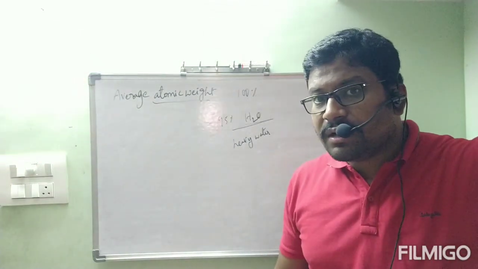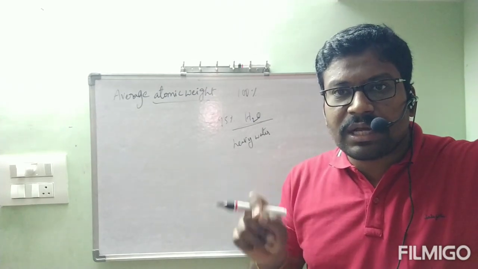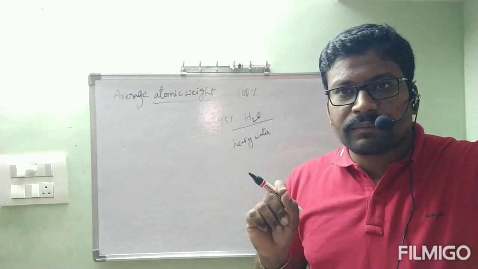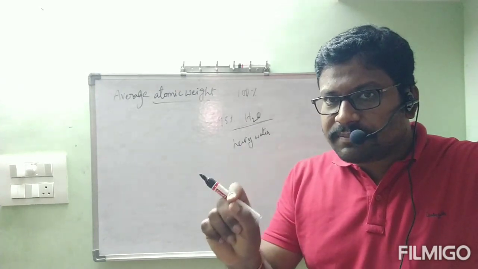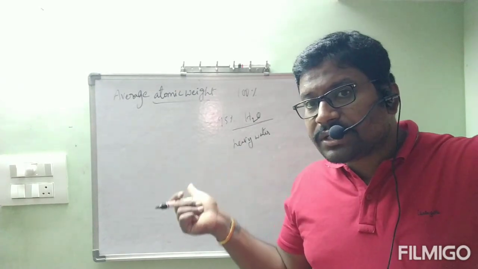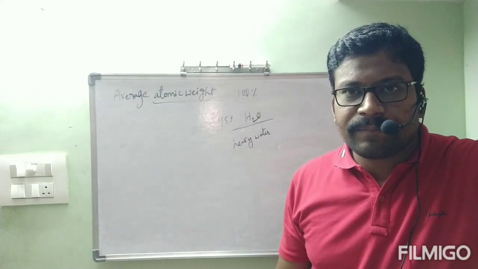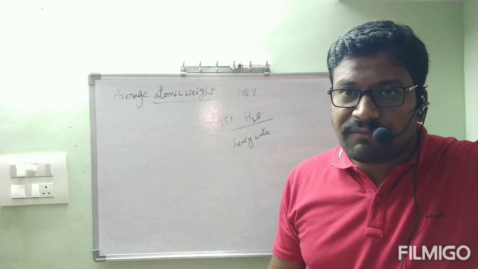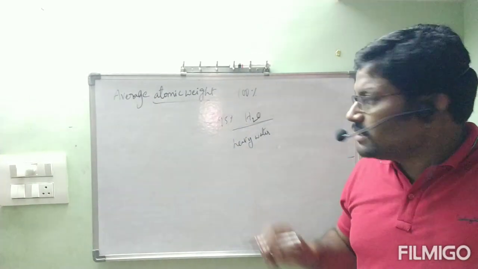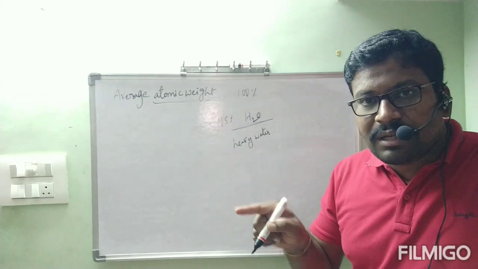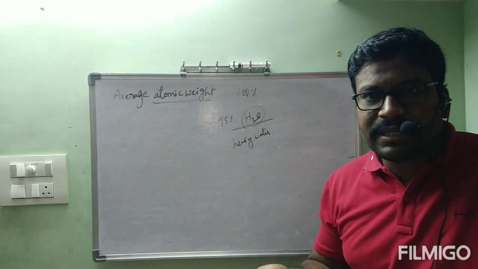You can understand this heavy water after completion of the concept called isotopes. That isotopes concept I will teach now. After completion of that concept, we will go through average atomic weight. Is it clear? Now we will go through isotopes. Before that, one more time, what is this abundance? That abundance is nothing but 100% of water, out of which 95% is abundant as H2O. That is one abundance.